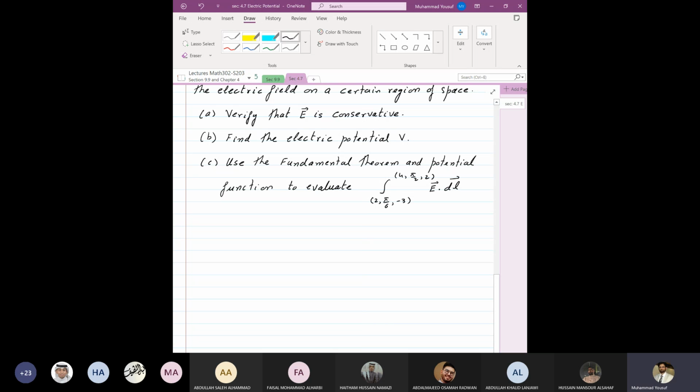Evaluate this integral, and then part D is calculate the work done in moving